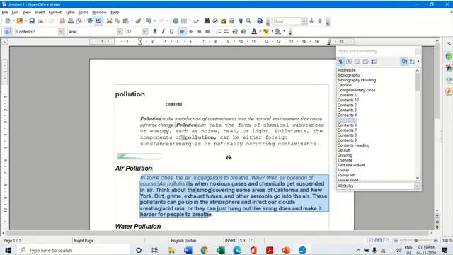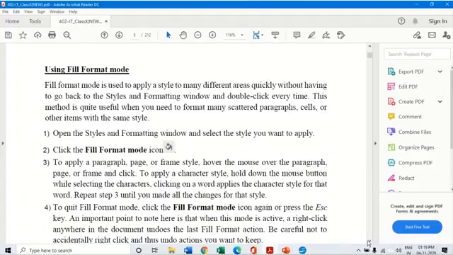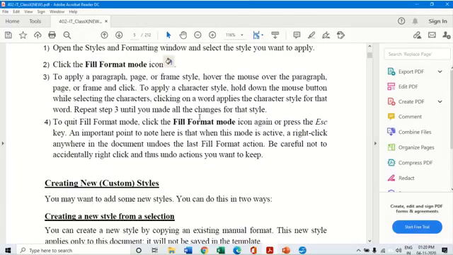This way it gets filled, and I click on this back again, exiting the fill format mode. So this is what is called the fill format mode. It's like a format painter: you can copy that same format across to selected sections of your text using the fill format mode.